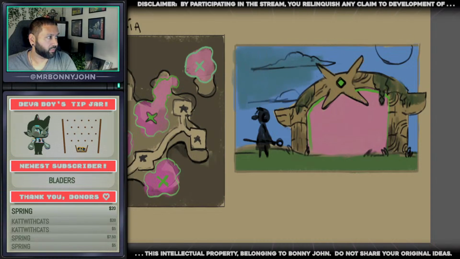Ooh, you know what? It could look really cool if I illustrated that this is another dimension by having a sun in their world and then a sun also in